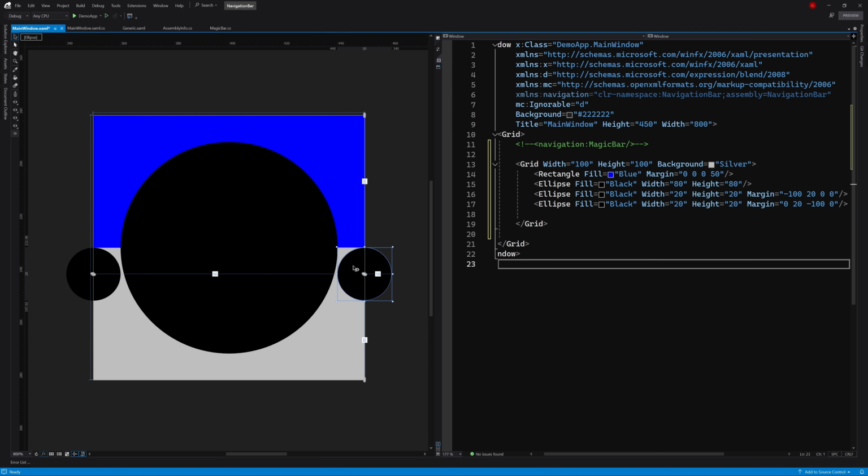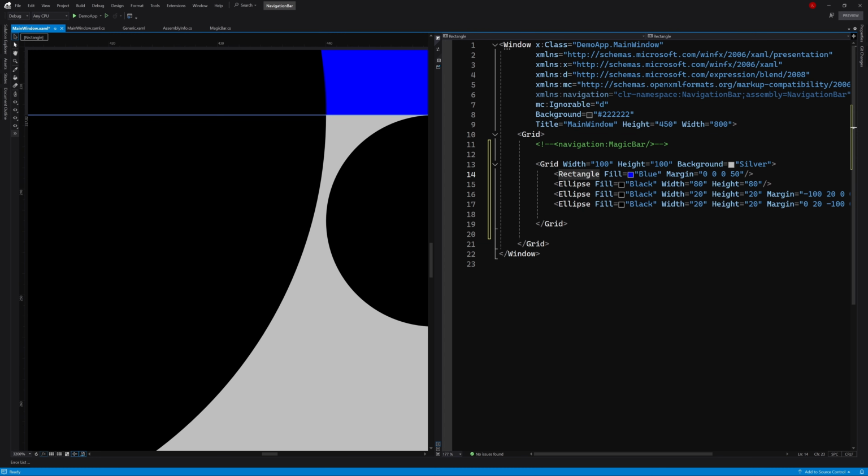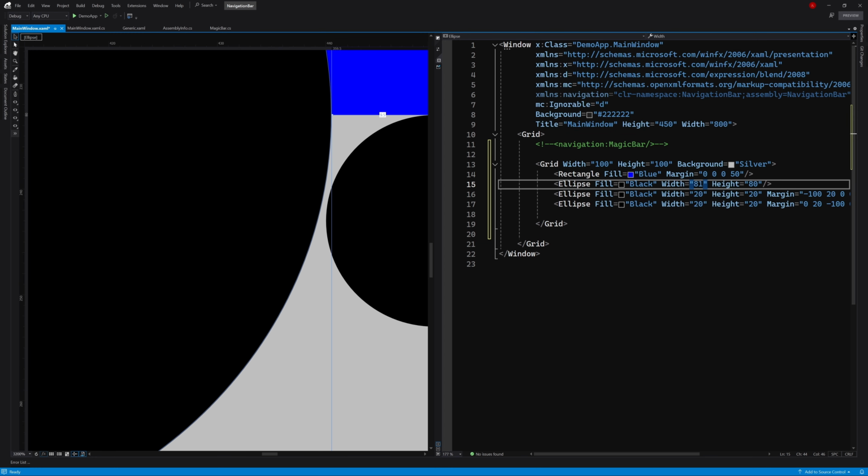And now we need to make the large circle and small circles intersect just right. We can slightly increase the size of the large circle. We adjust its value to 81.